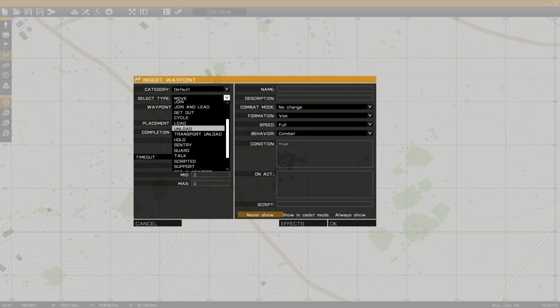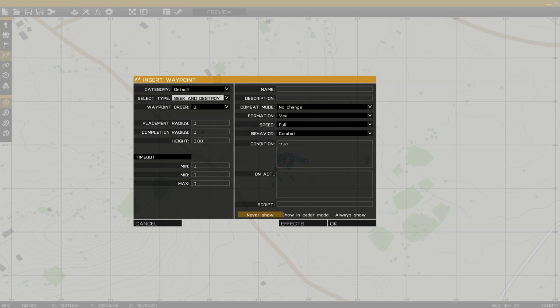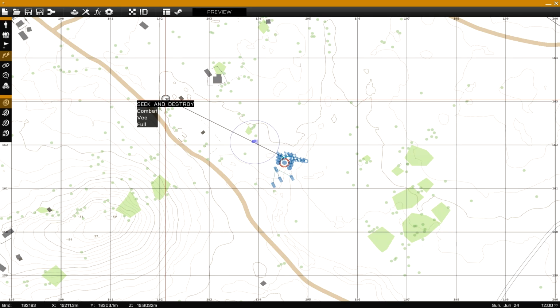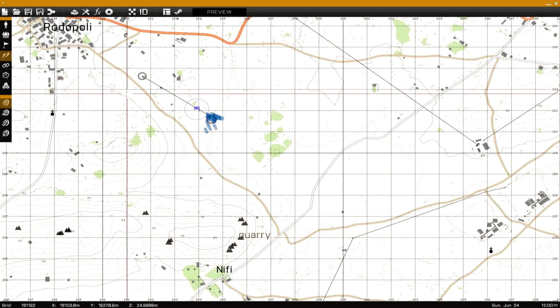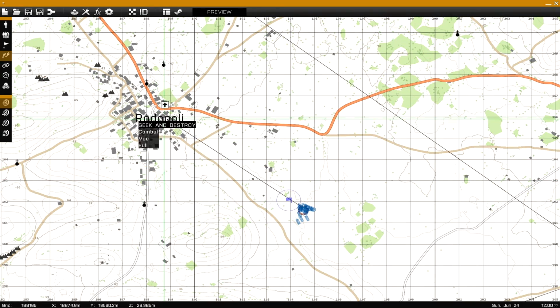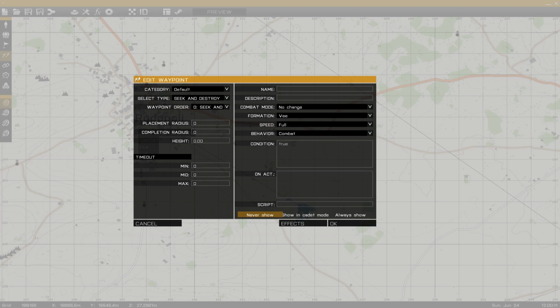And you can actually select the type, and all this wording is exactly as it used to be back in Operation Flashpoint. So this is what I mean about it all being based on an old game, and I'm not complaining, I'm just saying that is the case. So seek and destroy, and this was always the one that I use. I don't know if it's the right one, but seek and destroy seems to be a kind of generic attack-dislocation style order. So I always use that, and you can set the radius of the waypoint, and this